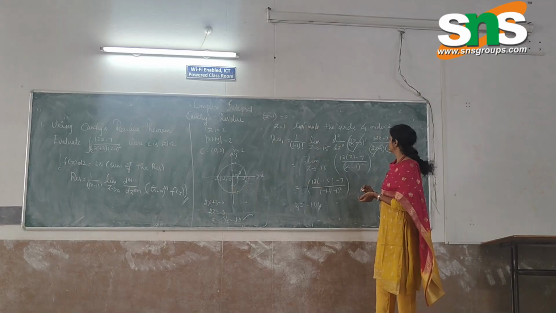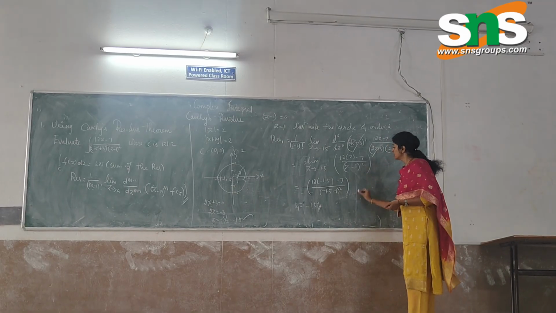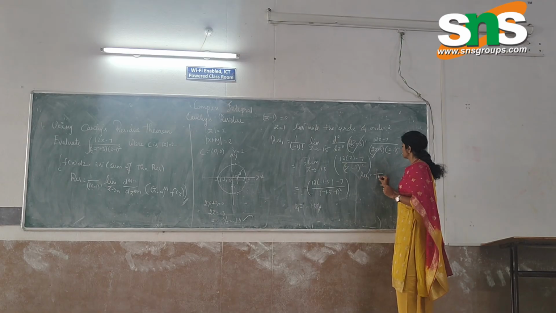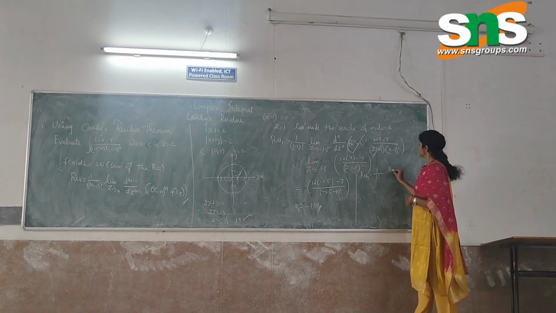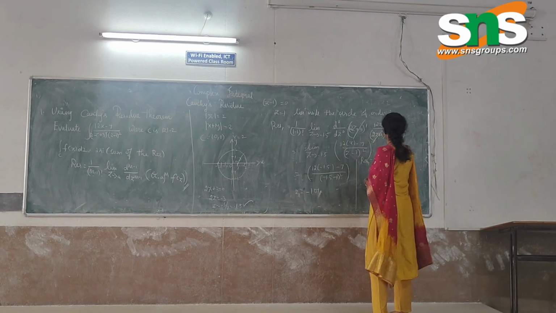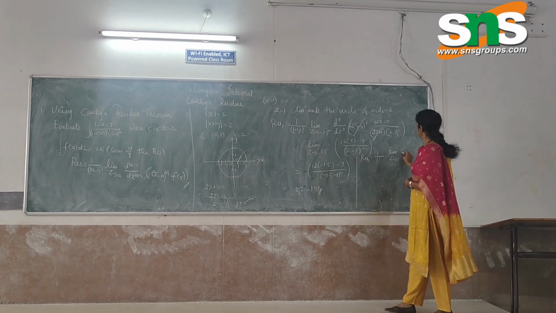In the same way we move on to residue 2. For residue 2, the m value is 1. So we get 1 factorial, limit z tends to 0. That is, the second value is z equal to 1, so z tends to 1. Then we can make here d